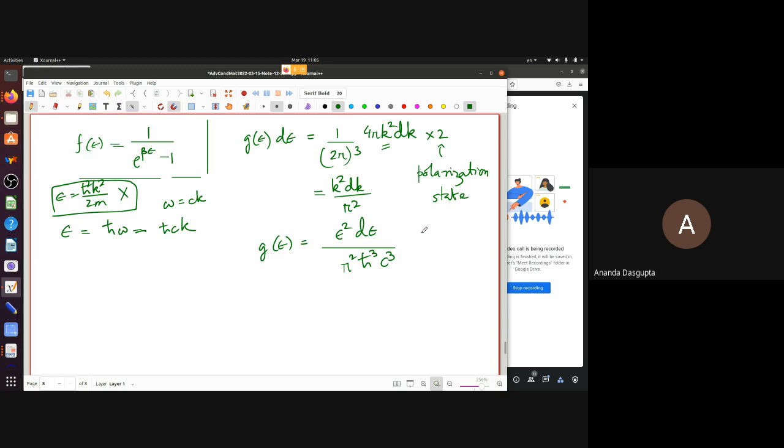So if we do the same calculation that we did for photons, the number of photons at a given temperature, and here there's no chemical potential to worry about, it turns out to be something very similar. So let's quickly see what that's going to be. That's going to be epsilon squared d epsilon by pi squared h cross cubed c cubed. That's the g(epsilon) times 1 over e to the beta epsilon minus 1, which is the number of photons per state. And if you integrate this, again, the integral will essentially go exactly the same way. You can put the pi squared h cross cubed c cubed outside,